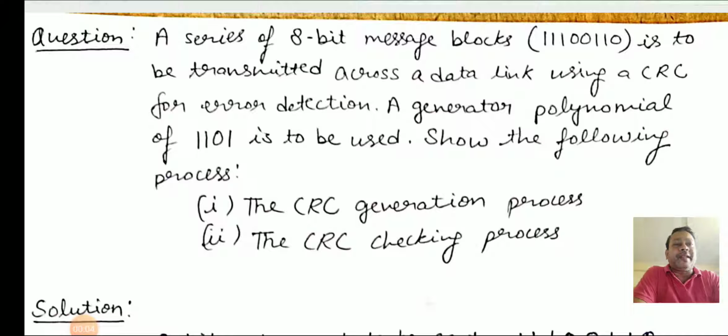Good morning, everybody. Today we are going to discuss something about error. How are we going to check the error? Lots of methods are there for checking errors, like parity check. If a one-bit error is there, by using parity check we are able to detect it. Checksum is there for checking the error. CRC, cyclic redundancy check, is what we are going to deal with right now in this numerical.